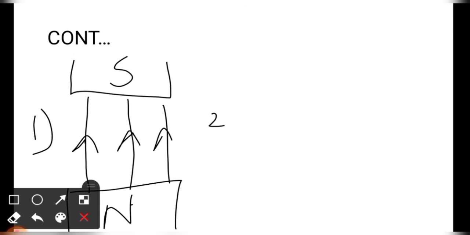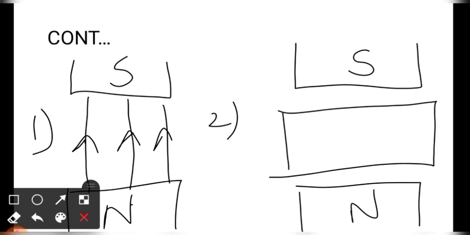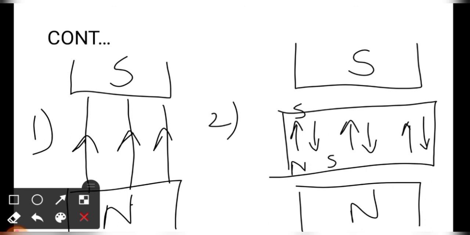Consider second case. North pole and south pole. Between two poles, solid material is present. Inside material, paired electron is present. Head indicates south pole, other side indicates north pole. Likewise, mark the poles of all electrons. In this case, more number of paired electrons is available and unpaired electrons is not available.